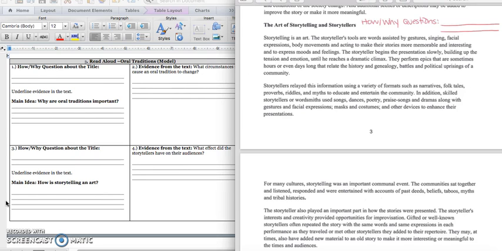For example, storytellers use facial expressions, body movements, and songs to bring creativity to oral traditions. Press pause to write down your answer and play when you're ready for number 4. What effect did the